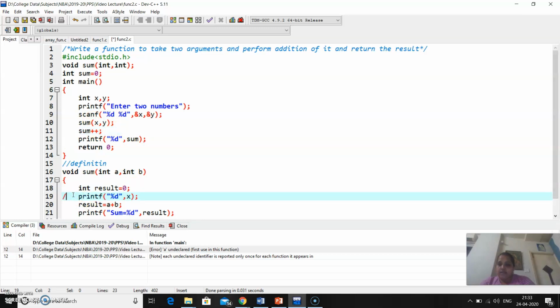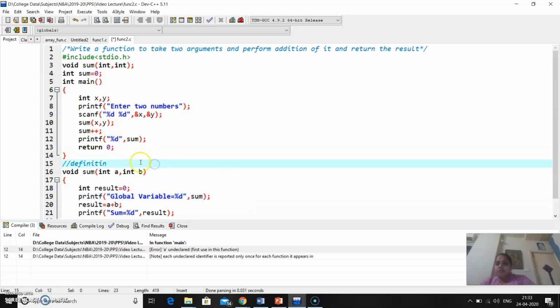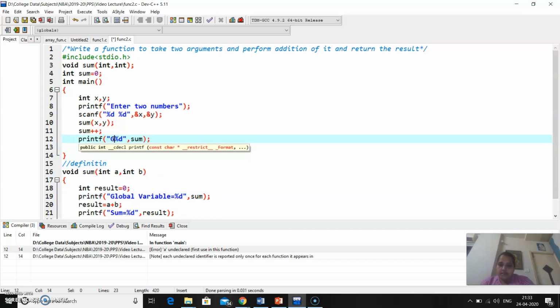In exactly a similar way here also, I am printing the value of the sum. So here I am writing the comment global variable, so it will be easy for you to identify what is global. So it is a global variable. Here also sum is a global, so I am writing it is a global variable.